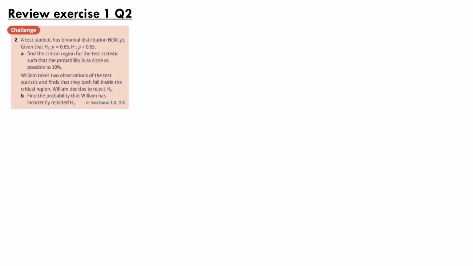Okay, and our final question, question 2. A test statistic has binomial distribution B(30, p). Given that the null hypothesis is p equals 0.65, and the alternative hypothesis is p is less than 0.65, part A says find the critical region for the test statistic such that the probability is as close as possible to 10%. So, first of all, we need to assume that the null hypothesis is true,